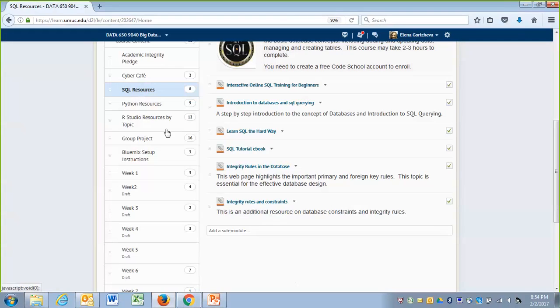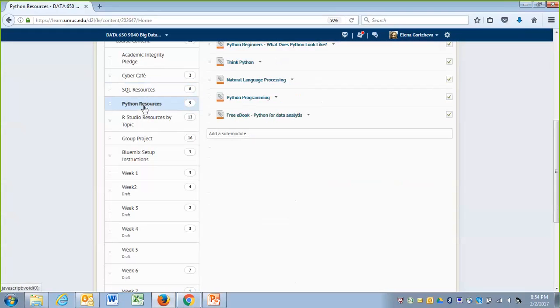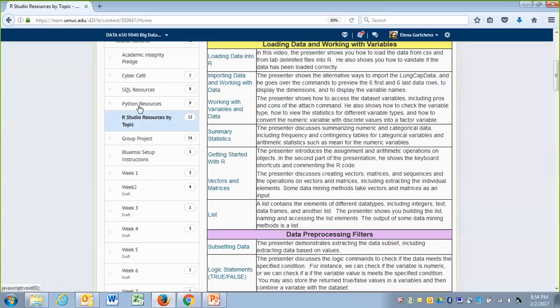Okay. This is not explicitly a topic. We are going to stay on SQL skill. You already did this in Data 620, and Python also. So we are going to use Python for Spark machine learning. These are resources for you to fill the gap you may have in these tools.